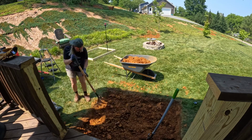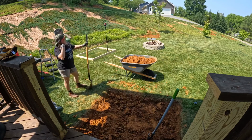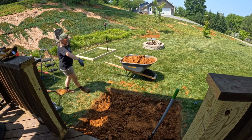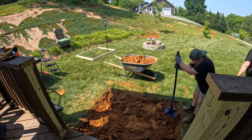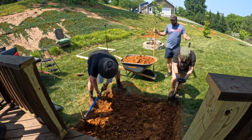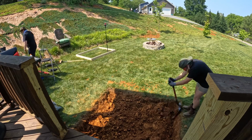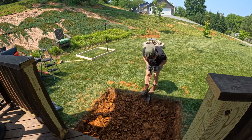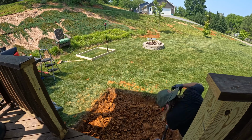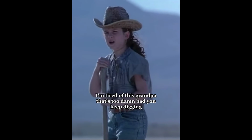The goal was to dig down about 8 to 10 inches, but I gotta tell you that once you start digging, it's kind of hard to tell exactly how far you've dug down. This clay type of soil is a major pain to dig, especially because it all starts to clump together, and I feel like it just made it really difficult to gauge how far down we were exactly. So we just kept digging and digging until finally I started to feel a bit like, I'm tired of this,